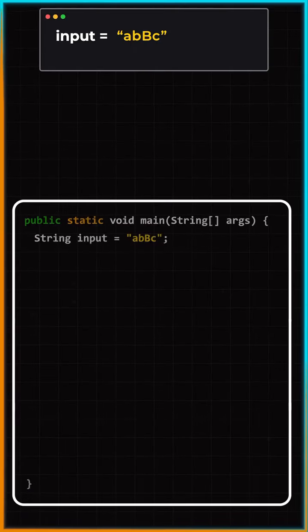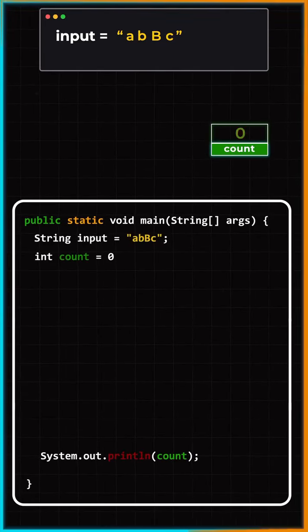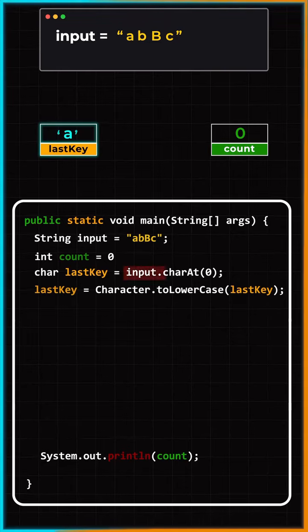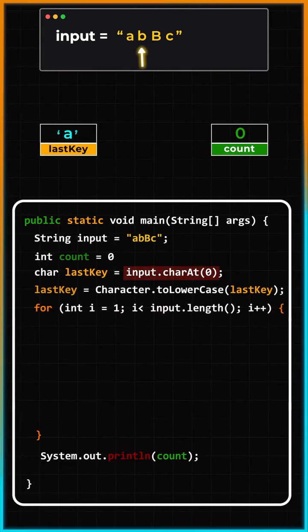We are going to start by creating a variable called count whose job is to hold the total count of the key change. Next, create a variable called last key which is going to hold the last key which we have iterated so far. And we are going to initialize it with the first character of a string using the character at method. Now iterate over the string using a simple for loop from index 1 to the last index